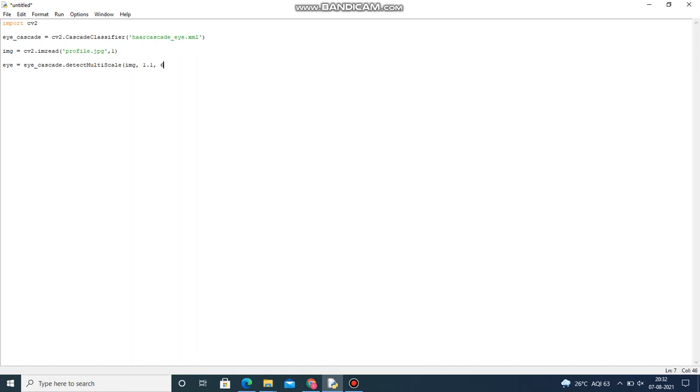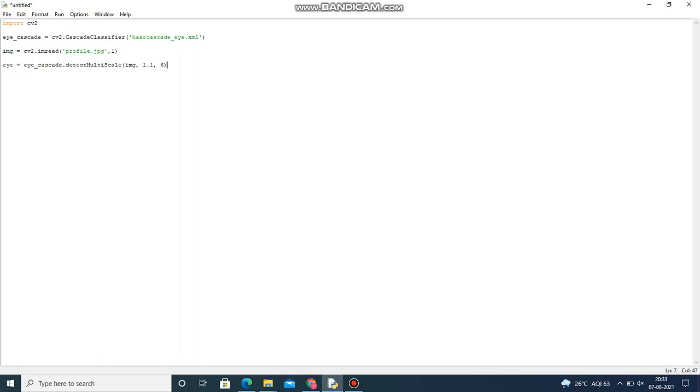Here we are taking 1.1 to be the scale factor and 6 to be the minimum neighbors. Scale factor is a parameter specifying how much the image is reduced at each image scale. 1.05 is a good value for this, which means you use a small step for resizing, that is, reducing the size by 5%.